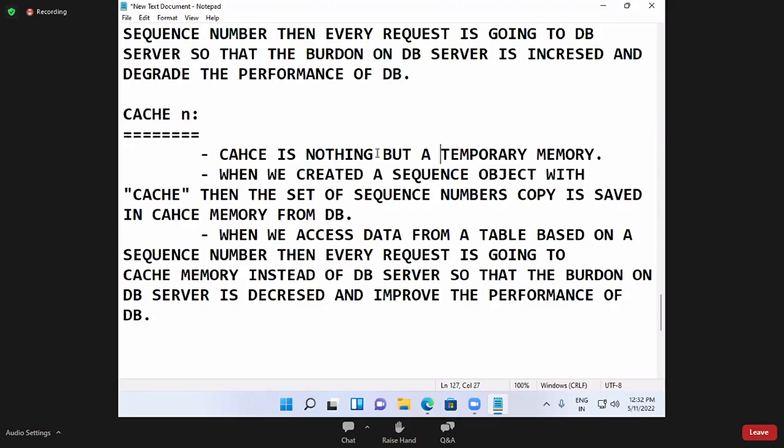Clear? Okay, right. So now observe here. This is the cache working nature, and here what is this N? So here N means what now? Okay, here N is nothing but